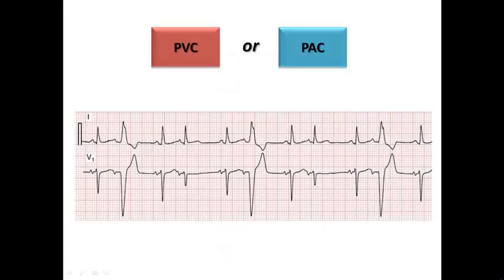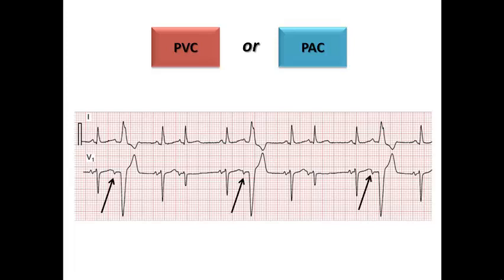The last thing to have in this lecture regarding PVC or PEC is this example. If you could see here, there is a wide complex with bizarre shape coming nearer to the preceding sinus beat and further from the following sinus beat. So what would we call this? Would we call this PVC, as most clinicians when they see this ECG would call it PVC, or call it a PEC? Of course, many of us would call this PVC, but if we look further,